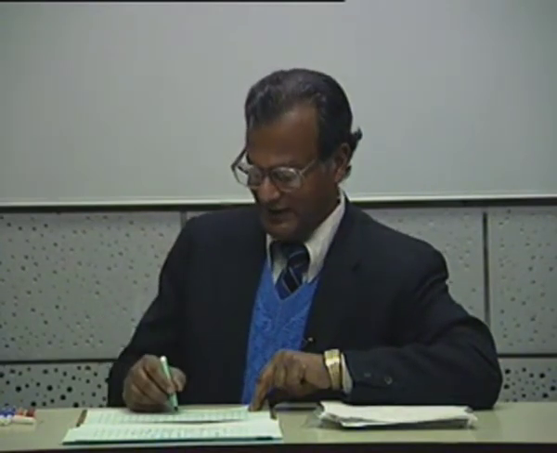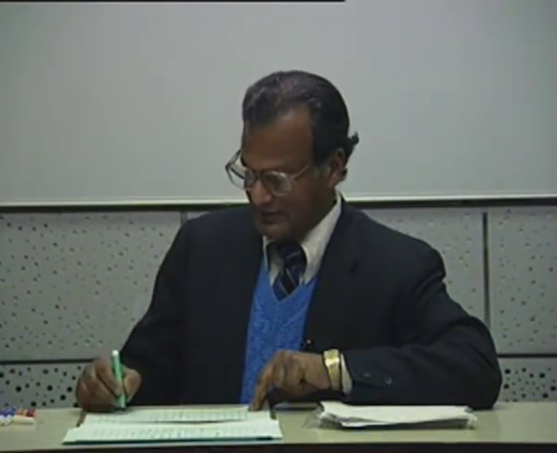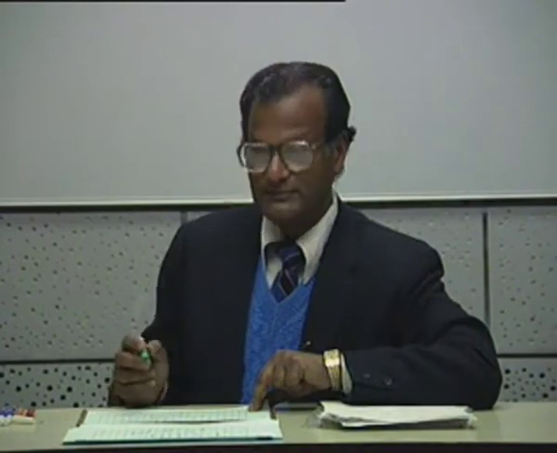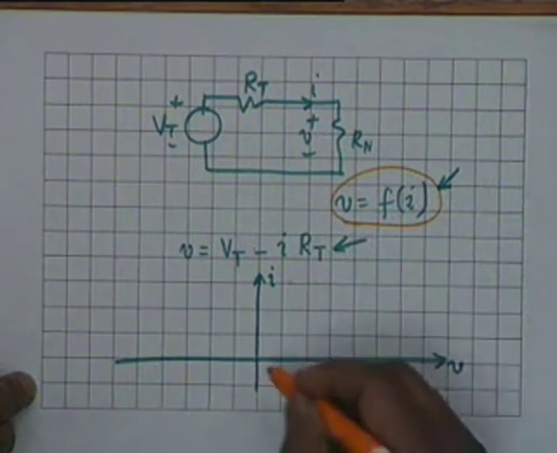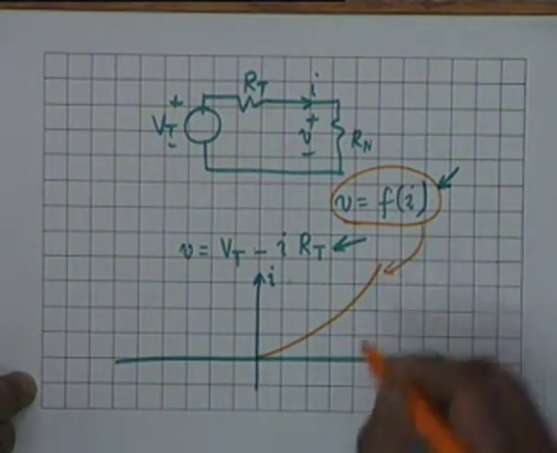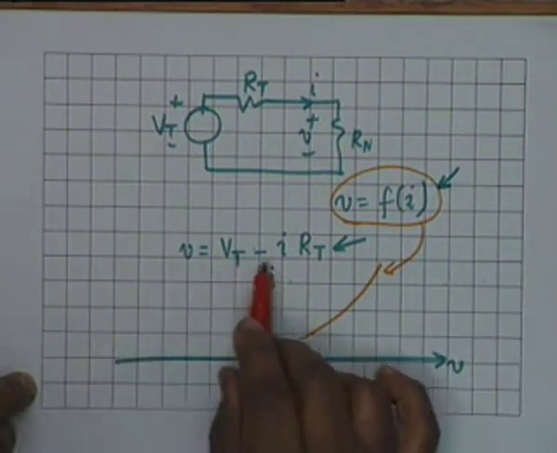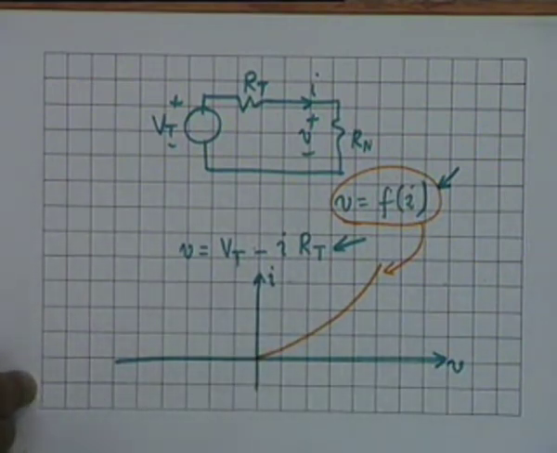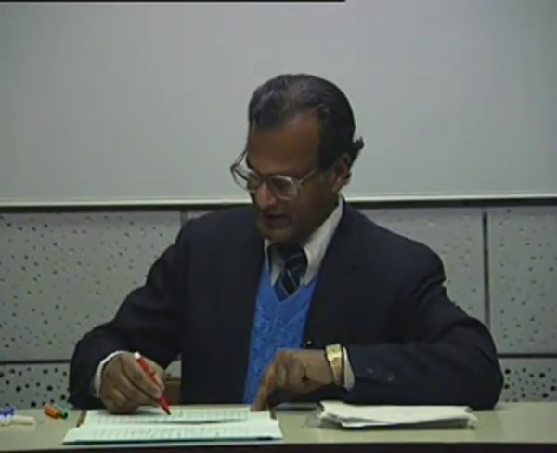Alright. So how do you solve this? You solve it graphically. That is, you make a plot of V and I. Let us say that V equal to f(i), this nonlinear relationship, is like this, and suppose small v equal to Vt minus I Rt. What kind of a curve does this represent? Straight line. And this straight line is something like this,